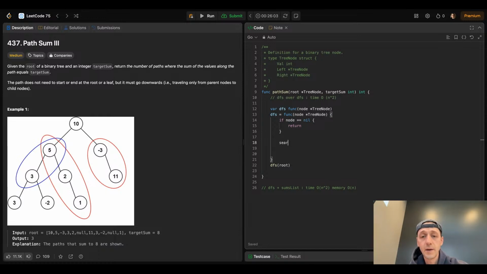There will be a function like that. This DFS, we can call it just DFS. We just need to get us over the nodes, and this one we can call